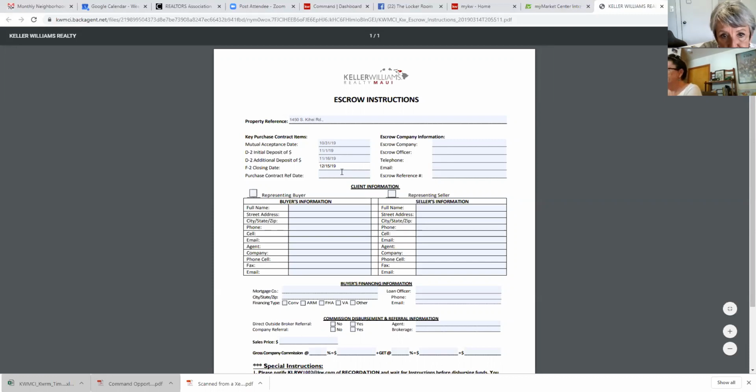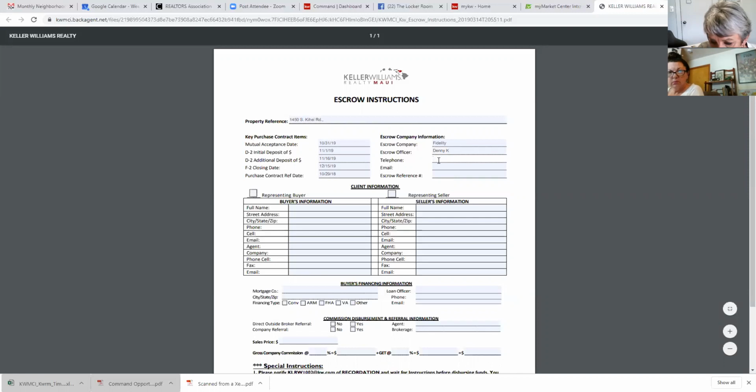Yes. And then the purchase contract reference date, that would probably be 10/29/19. There we go. And then our escrow company is Fidelity, and our escrow officer is Denny,